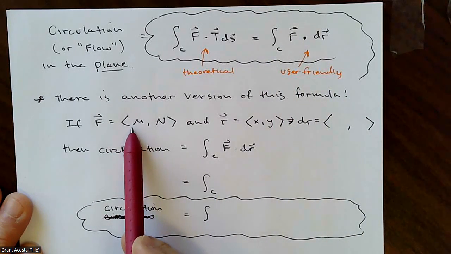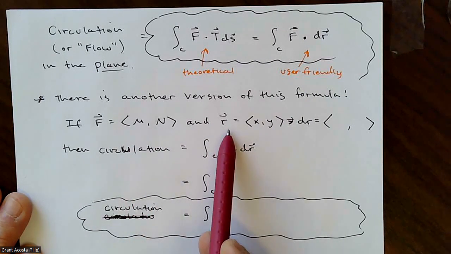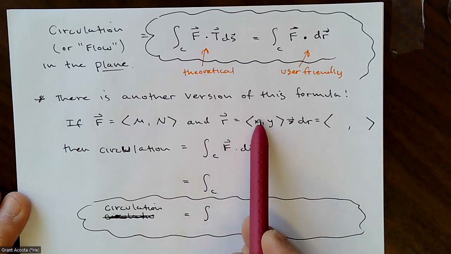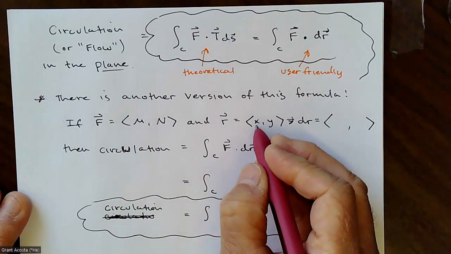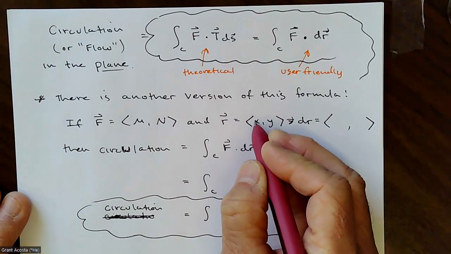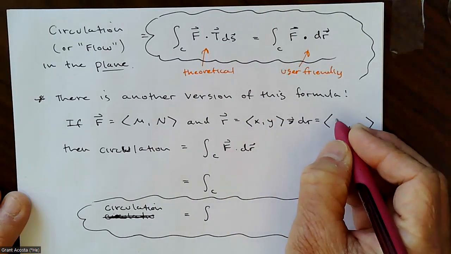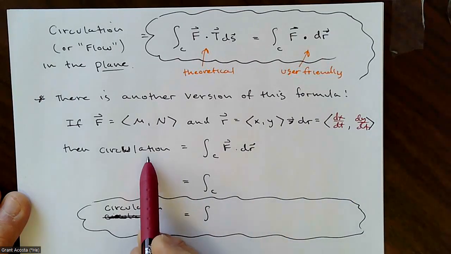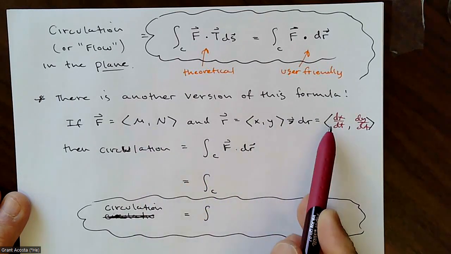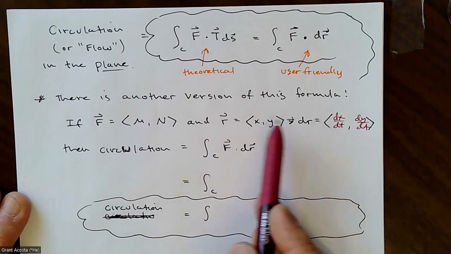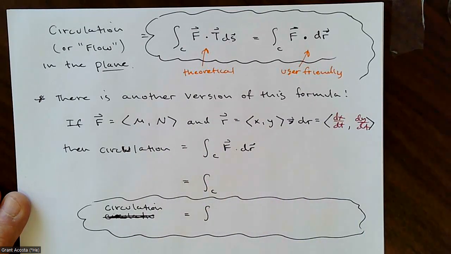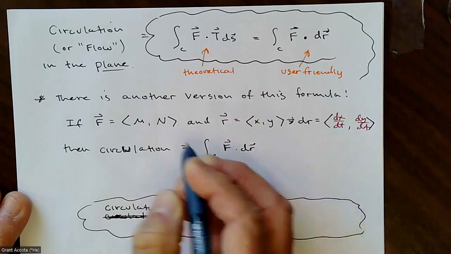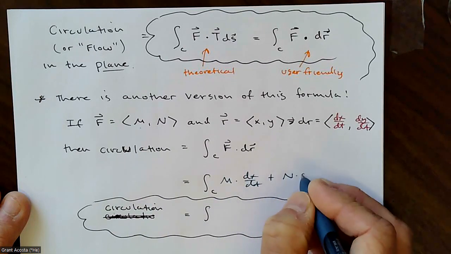If my field F is denoted as capital M, capital N, and my position curve is just, this is going to track the X value, this is going to track the Y value. Doesn't necessarily have to be XY, but if that's measuring X, that's measuring Y, we're going to dot it with dr, which would be dx dt, dy dt. So then my circulation, if I dot F with dr, remember the dot product just multiplies the X components and adds the product of the Y components. So it would be M times dx dt, this times this, plus N times dy dt,